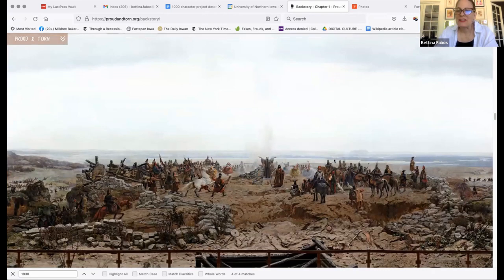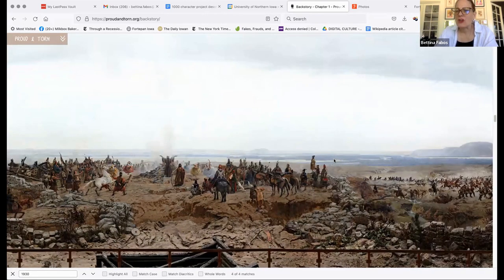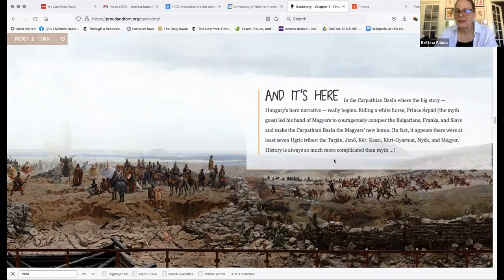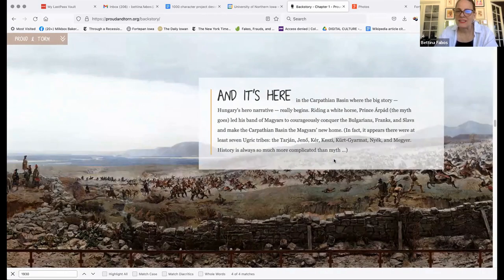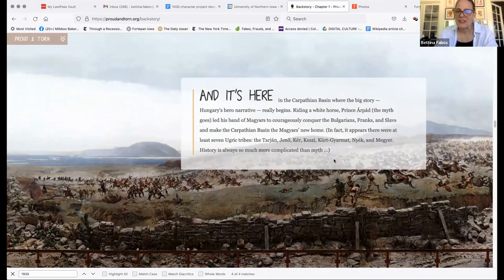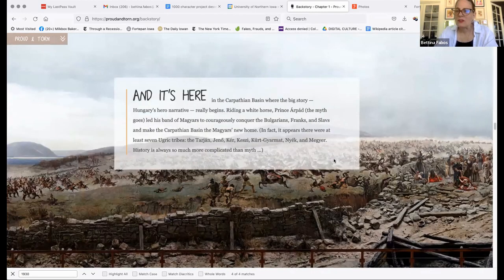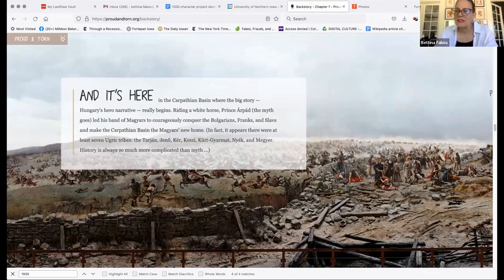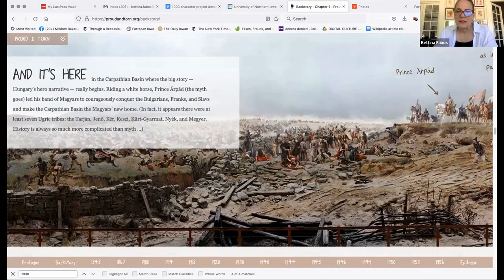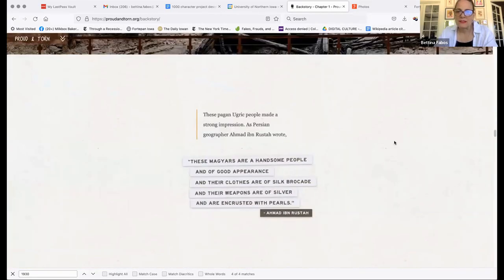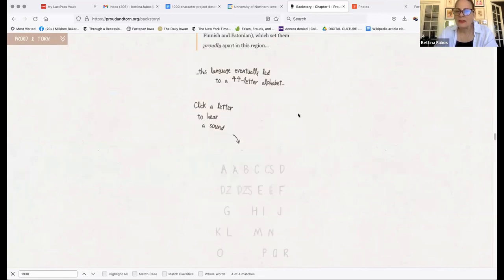And here we see a very famous Hungarian painting, which depicts this incredible scene of the great Magyars who conquered the existing empires at the time. And it's very long. Again, we go from vertical to horizontal often in the piece. And I do want to point out that we had a lot of fun building this. We have some audio elements in here. So if I click on any of these,